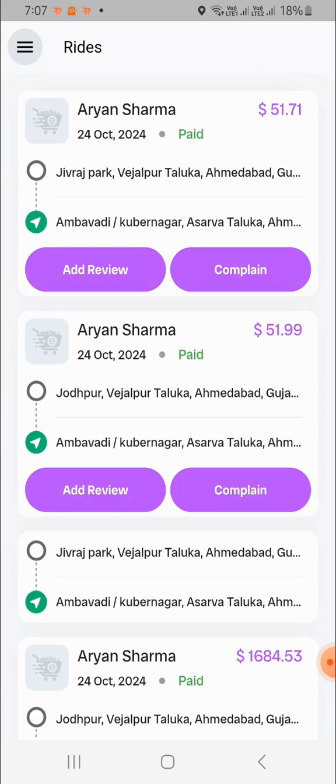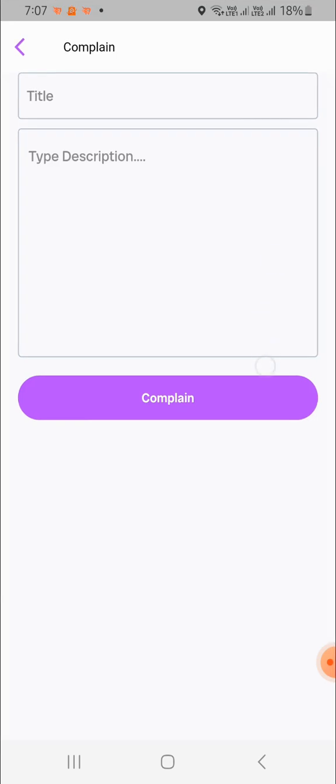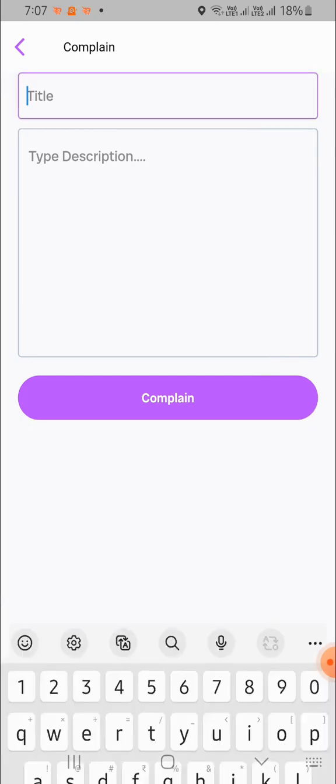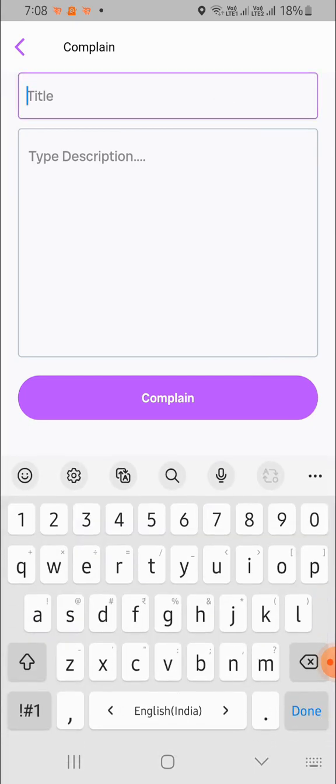If the customer has any complaints, they can click on the complaint button. Add the complaint title and complaint description.